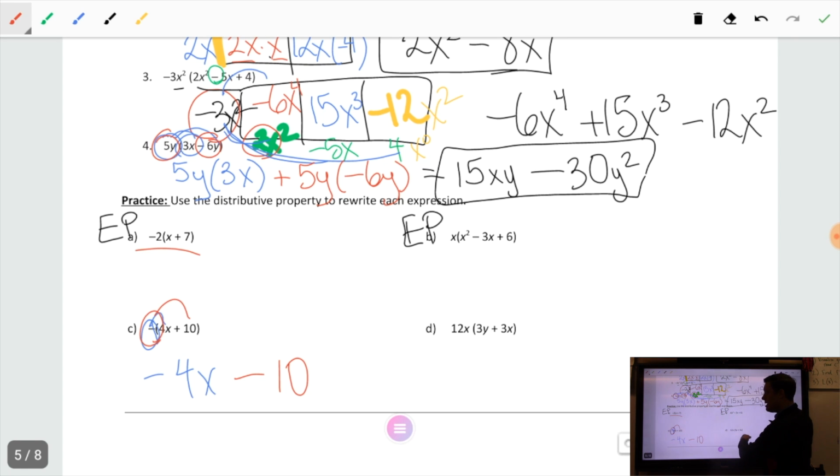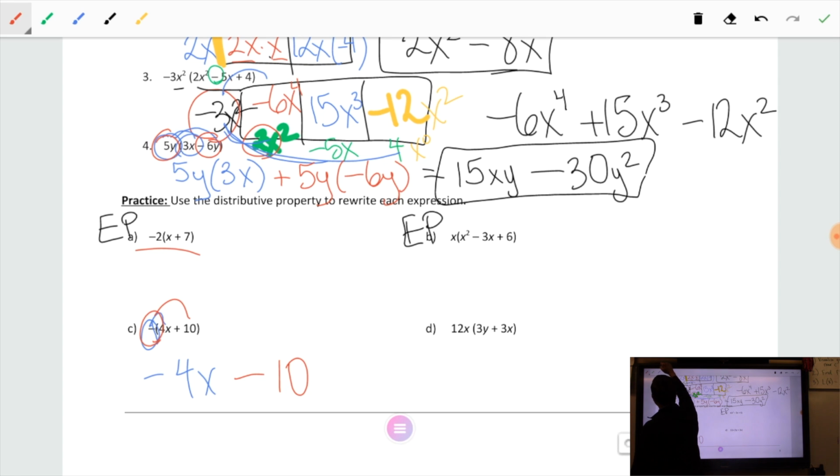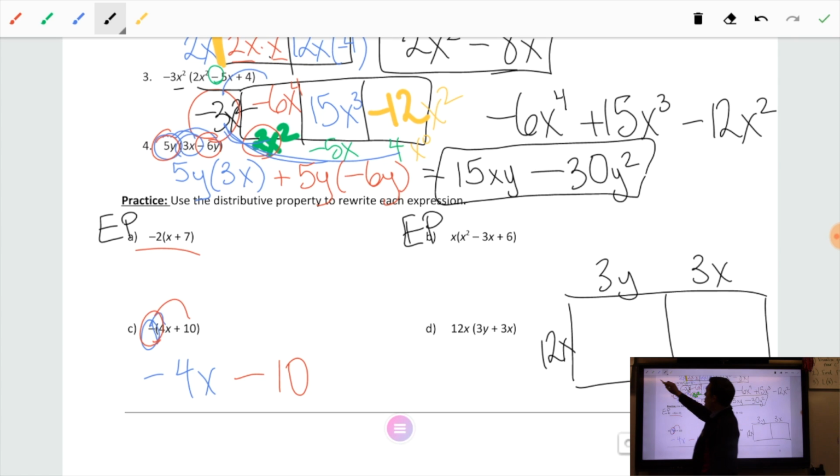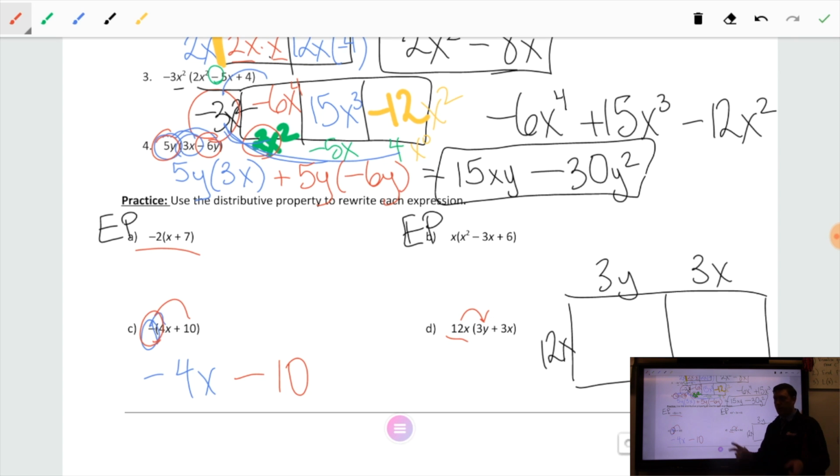Let me do this last one. I've got one last minute before I'm going to say, hey, that's it, you're done, do whatever you've got to do. 12x times 3y. If I use the box method, then I'm showing how on the outside of the box is 12x, and on the inside of the box is 3y. In other words, this 12x is going to multiply to the 3y. You're taking length and width of a smaller rectangle made by this bigger expression. 12 times 3, and x times y just makes xy. So that's what I would get,